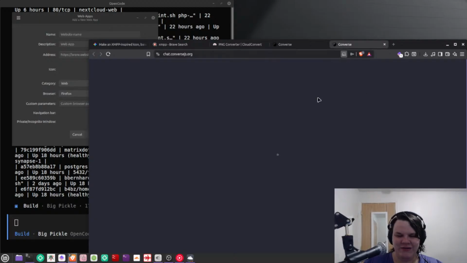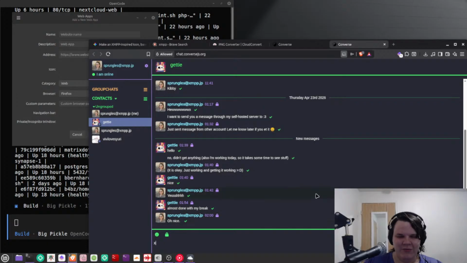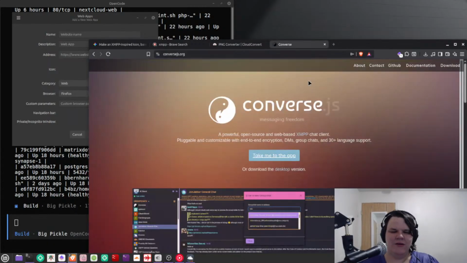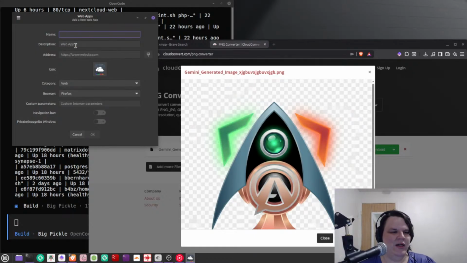Wow, see, yeah, it logged me into my other account. So we'll go ahead and do that. We're gonna steal this, I guess, and then we'll do it the same way, because it seems like web apps aren't working with the Flatpak for whatever reason. Probably because I don't have disk access, but whatever.